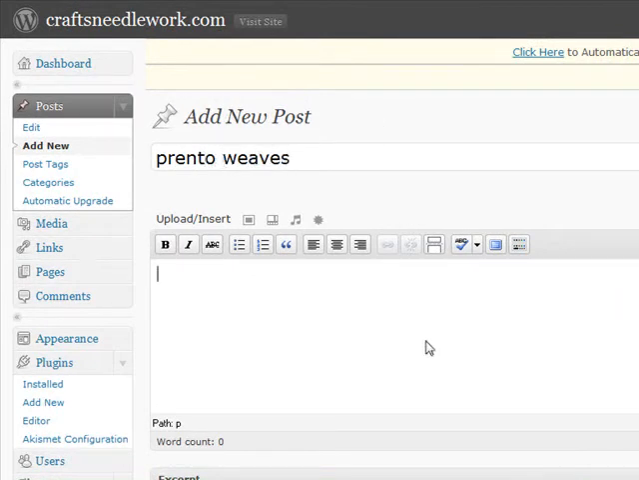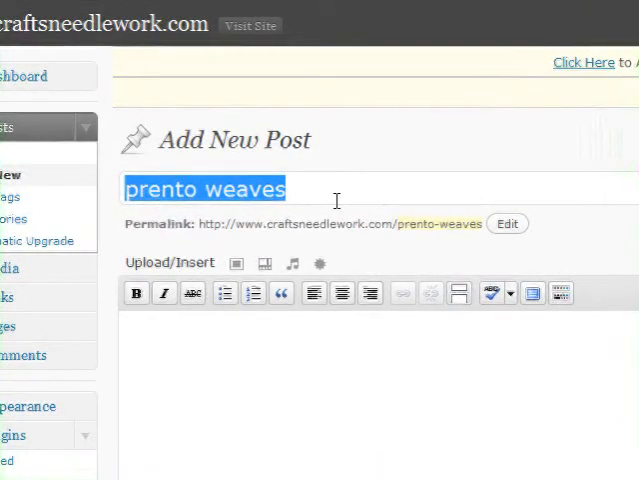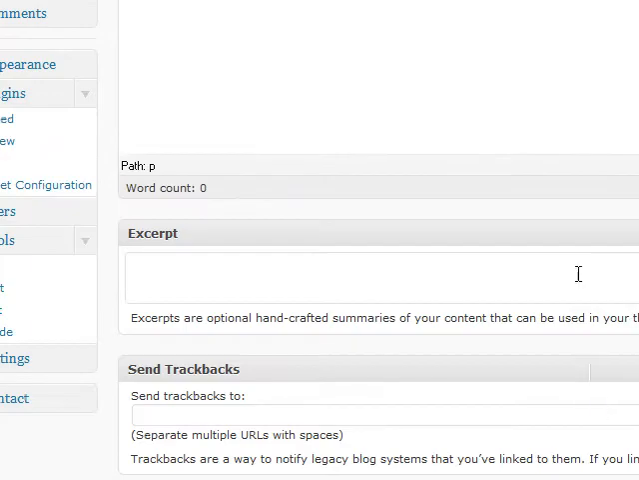I'm going to click down here, and you're going to see the name of the page pop up, which is Prento-Weaves. Now, because of that fact, if you come up with an extremely long title, the entire long title is going to be in here, right? So what you want to actually do is say Prento Weaves, and that's